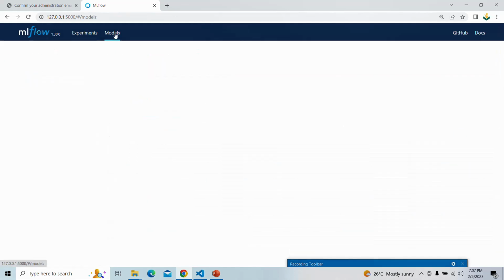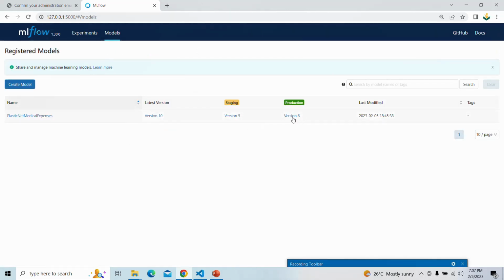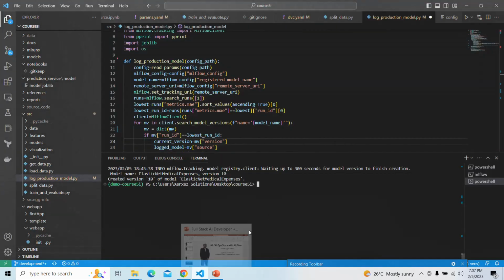And let's see which model is in production. So as far as model production is concerned, my version 6 is in the production level. Okay, so let's see whether this program works fine for me or not. There are certain errors it's showing. Let me try to configure this. Okay, so let's run this one and we'll come to know what errors we are getting after the